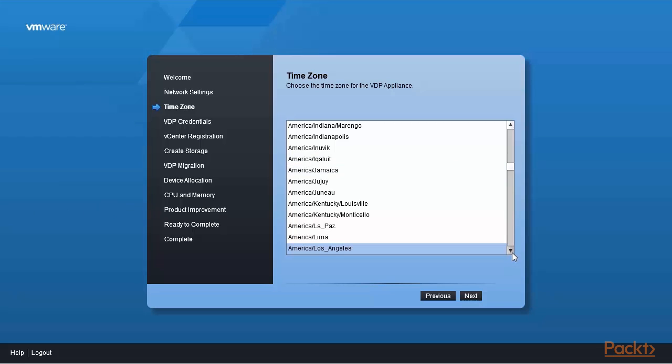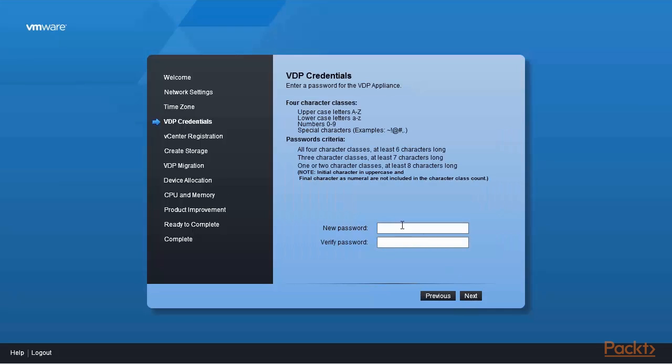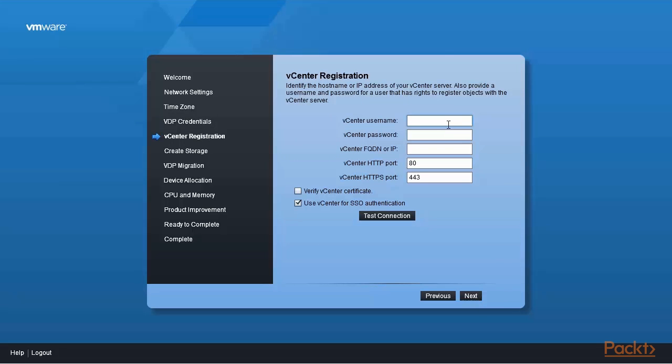So I'm going to fix my time zones here. I click next. I need to enter a password, strong password. So the initial password is changeme, all in lowercase. Okay, so the vCenter username for the vCenter registration. So we are going to have this with the vCenter, which is administrator at site.local. The password is,